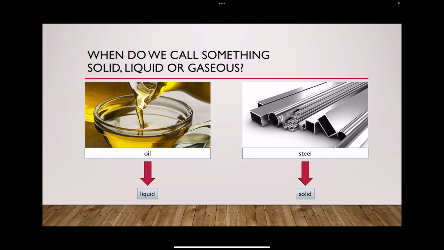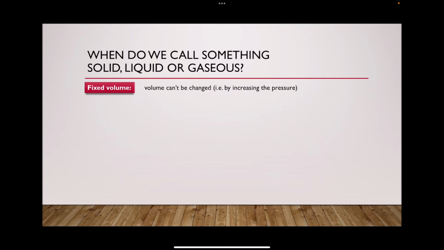Sometimes we have our daily life experience and we have it in our feeling which state of matter a certain substance is in. But as scientists, this is not enough for us. We cannot rely on our feeling, but we need to have objective criteria to tell whether a substance is a solid or a liquid or a gas. And that's why we'll dive a little bit deeper into this topic now.